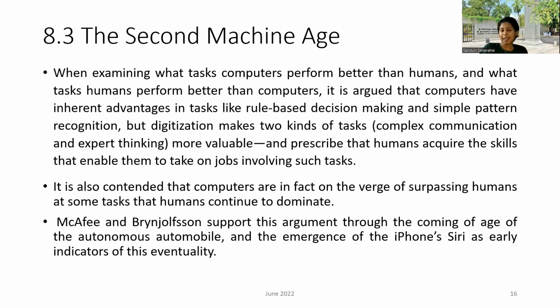So although we say that the expert thinking and complex communication that humans are able to do will have more chance, these algorithms are also increasingly being trained to make judgments on their own as well. Although now it may not be at that developed a stage, the future is predicted to be at that stage.